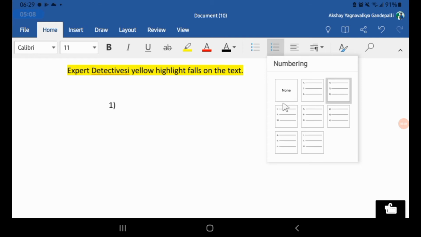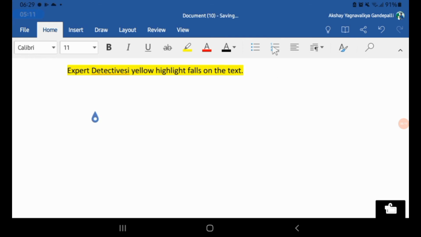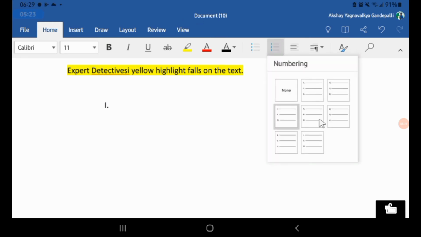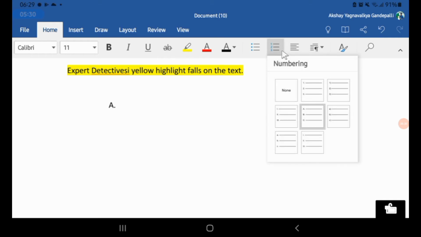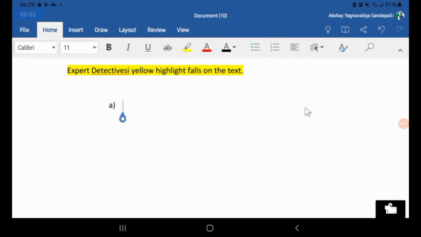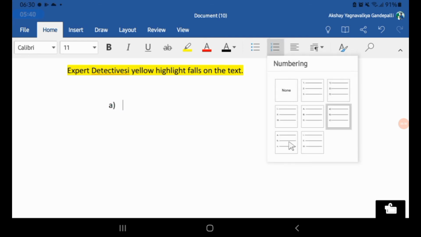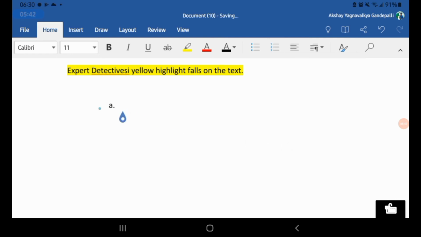This is bracket 1, and this is Roman numbers with a dot. English alphabet numbering is also available in this app, just like this, A dot, next small letters and bracket. In this way all the numbering options are available in this application.